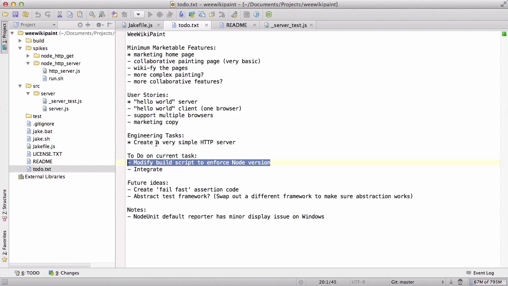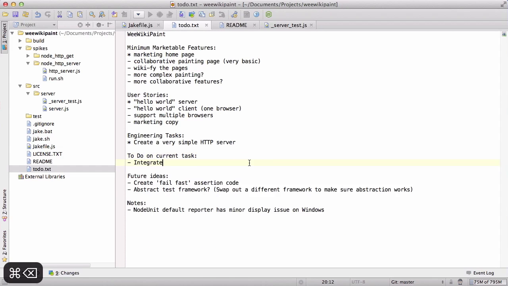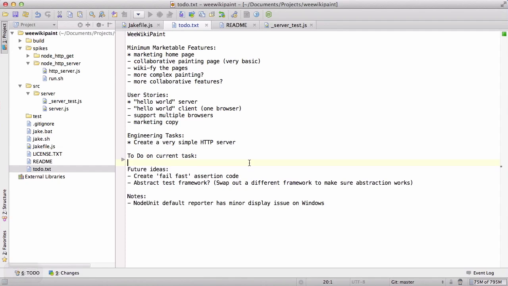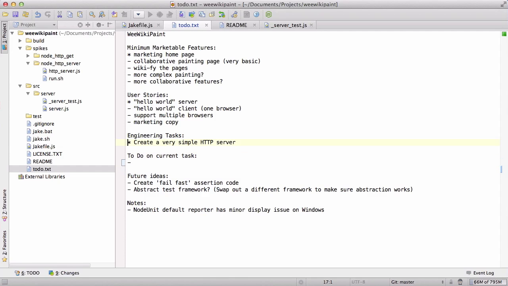So we have done this. We've created a very simple HTTP server. So I think next time we could go into the client, or I think what we might want to do is actually serve a real file. So let's do that. Next, we will serve a